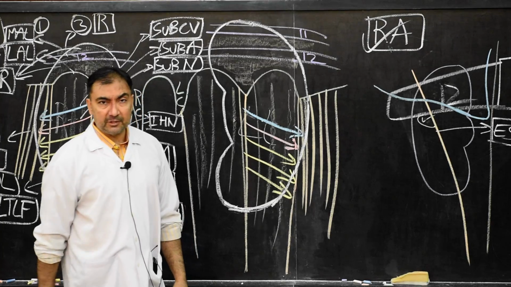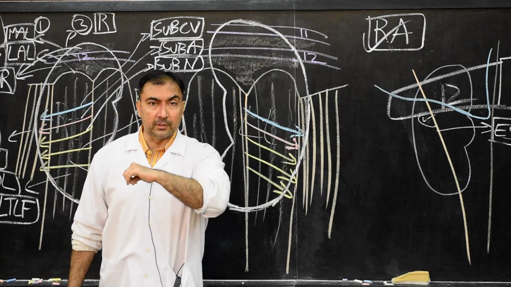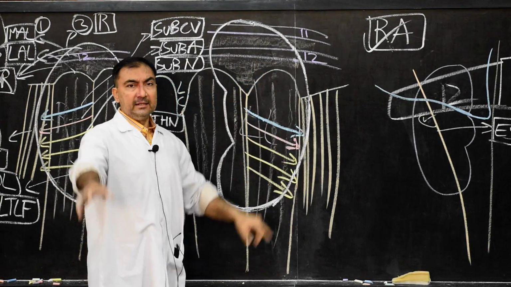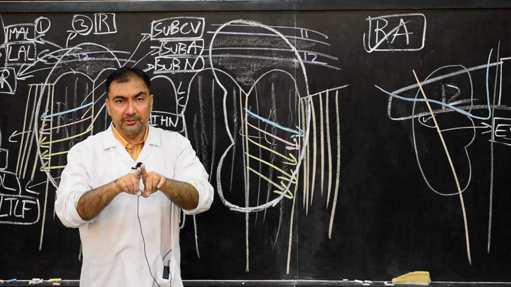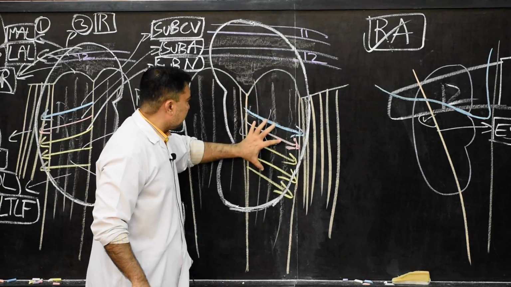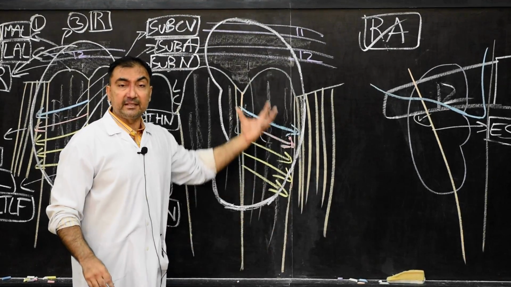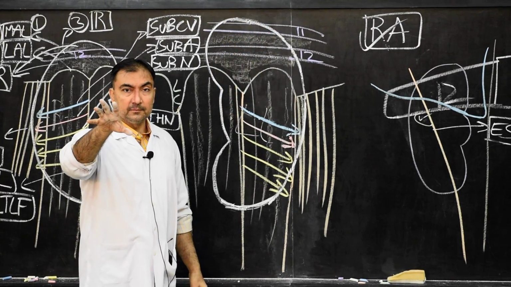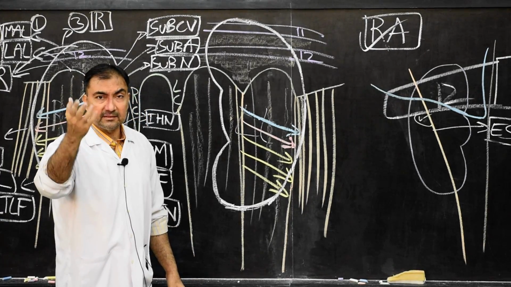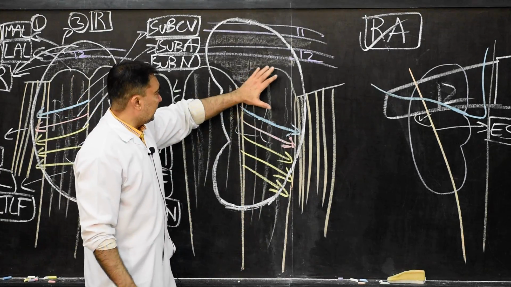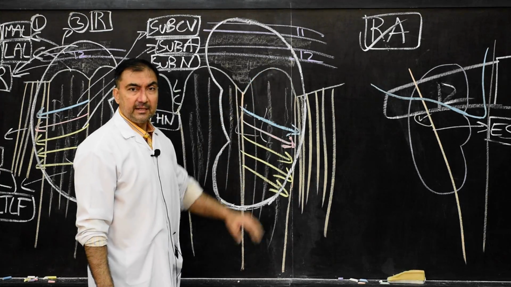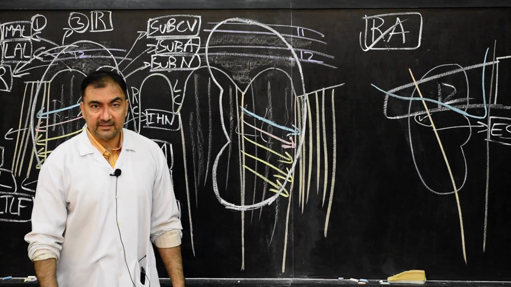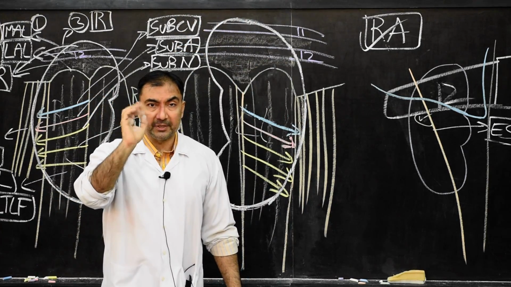Many times it is asked in one mark question answer, what is costovertebral trigone? When the diaphragm does not take origin from lateral arcuate ligament, then a costovertebral trigone is produced, and in those cases, many times the kidneys will herniate into the thorax. The kidneys will herniate into the thorax through costovertebral trigone. Costovertebral trigone is the condition when the diaphragm will not take origin from lateral arcuate ligament, and there is a gap, and because of that the kidneys may herniate into the thorax. That is the second important point of applied anatomy.